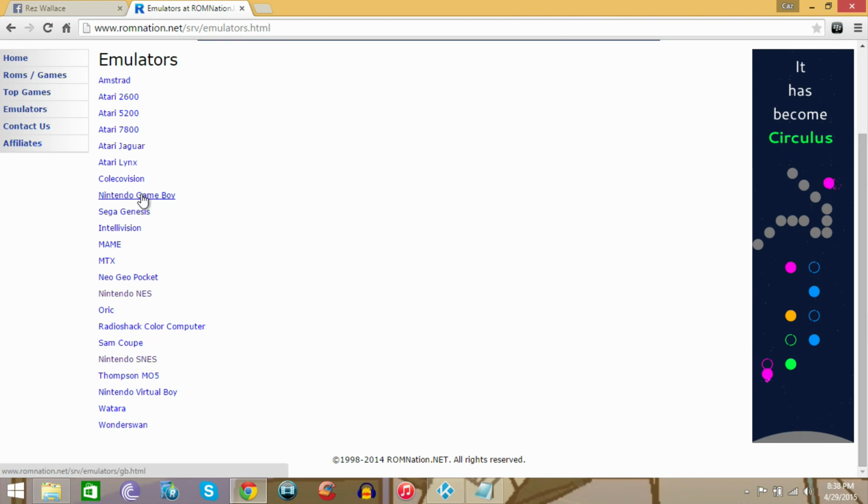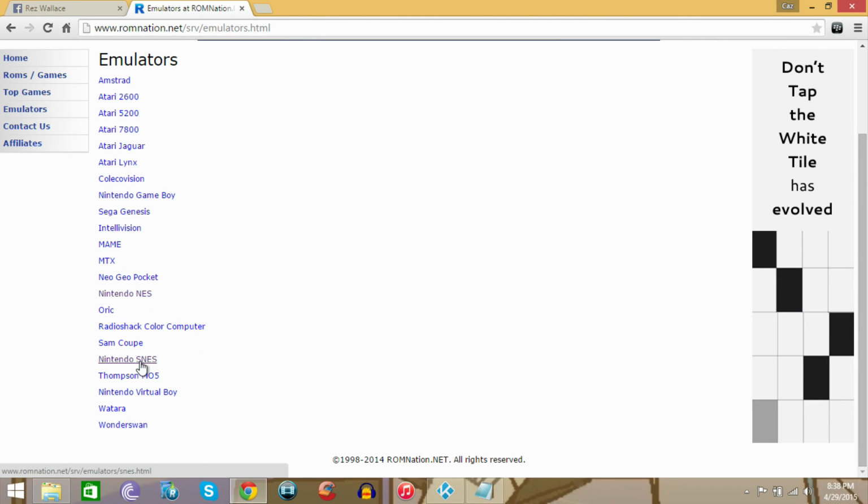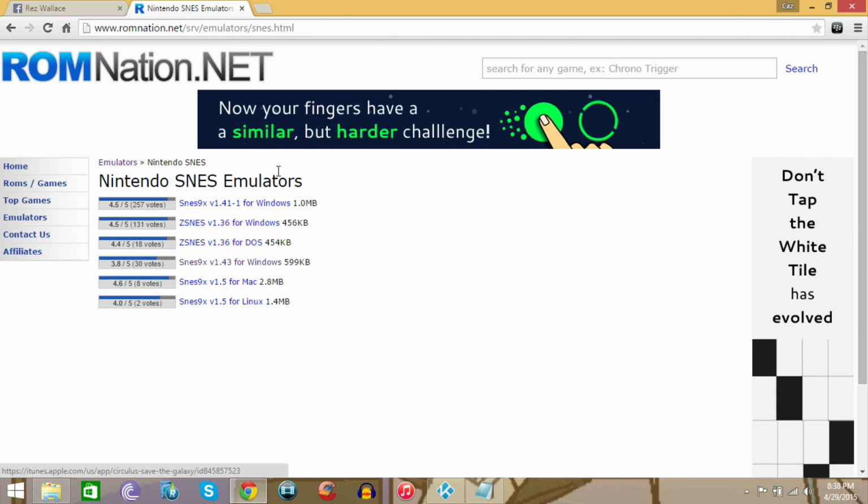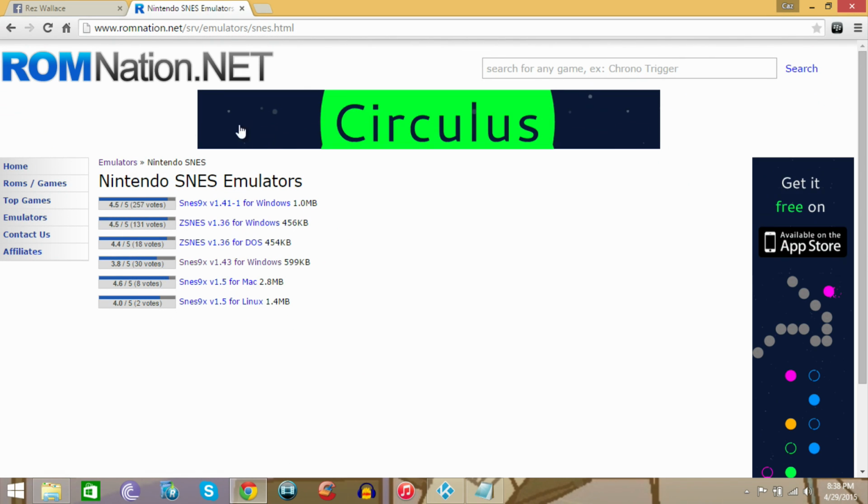You see that they have different emulators, and just find the system that you want. All right, we're going to do Super Nintendo, but you see that we can choose other games. So we go to Nintendo SNES. That stands for Super Nintendo. Okay, now that we're in Super Nintendo, we're going to choose any one of these